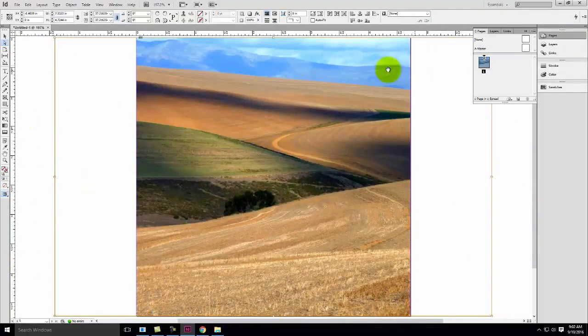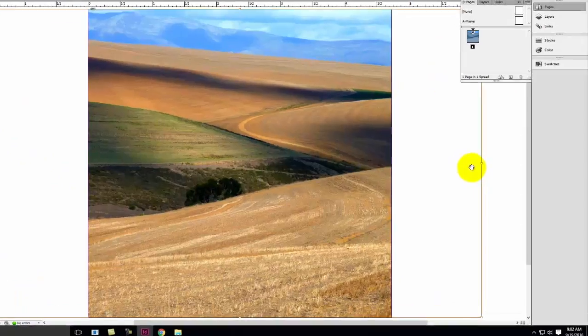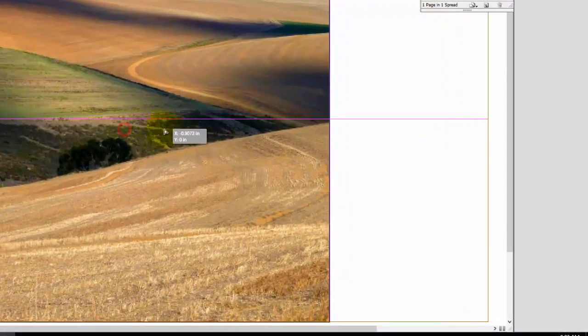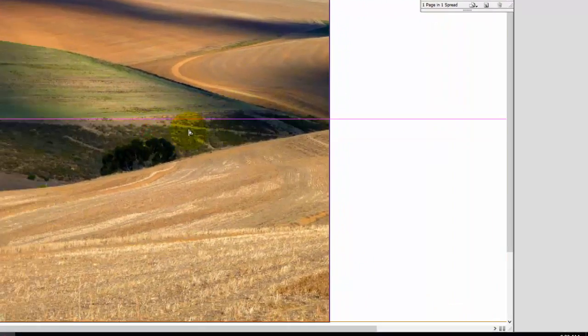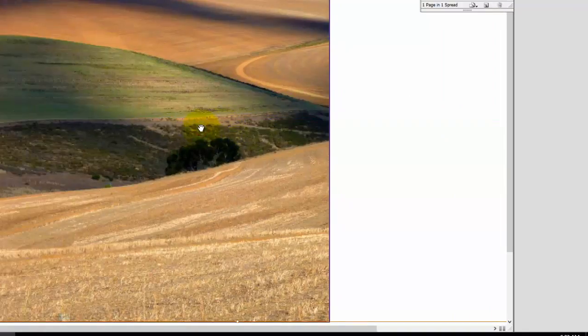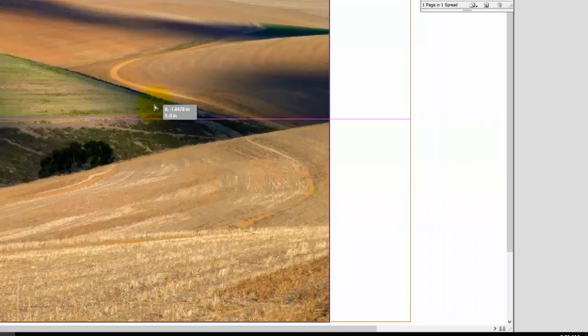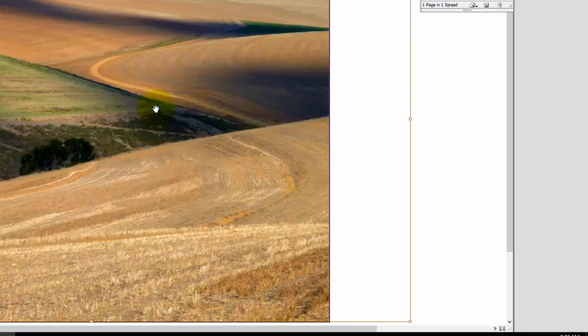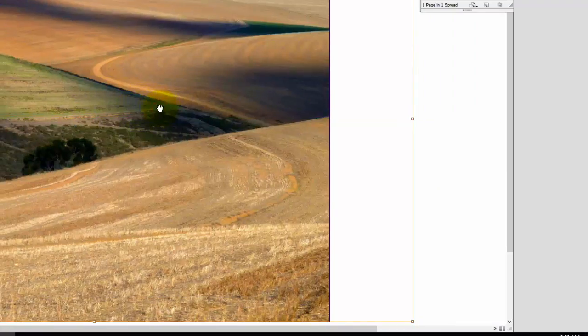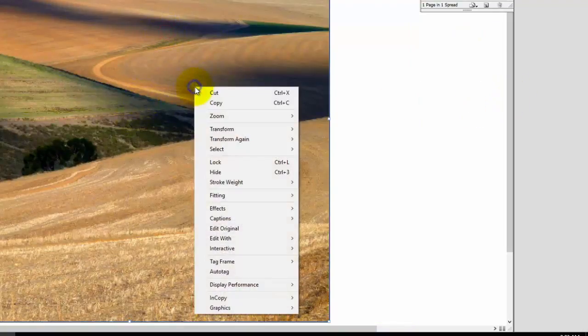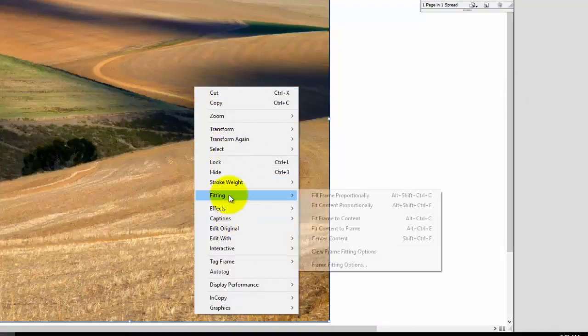So see how it's cut off because my original image wasn't a square. I could, for example, move this image over and have a different part of the image showing, depending on which part I wanted to have show. Maybe something like that. The other option I have, if I select it, right-click, Fitting,